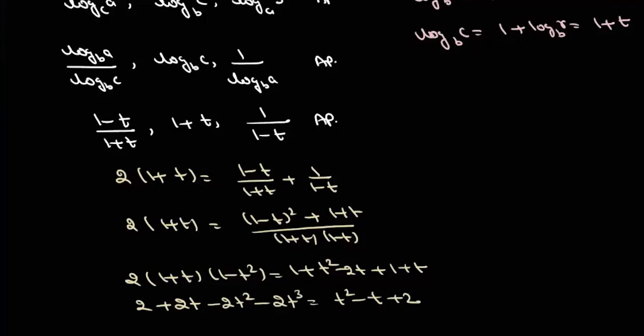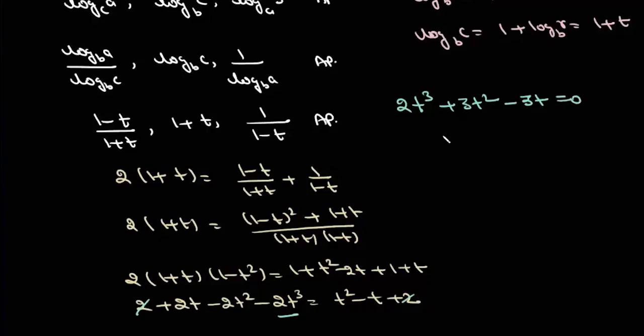Now we can write this as 2t cube, and then we'll have 3t square, and then we'll have minus 3t, and this 2 and 2 will cancel, so it will be equal to 0,